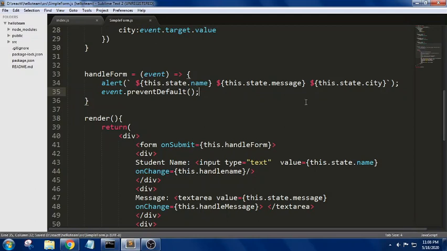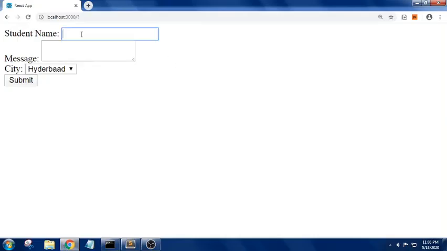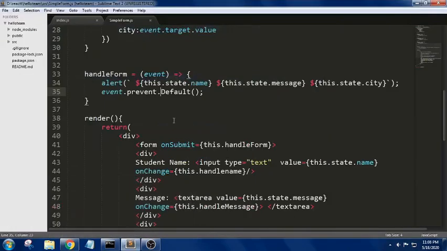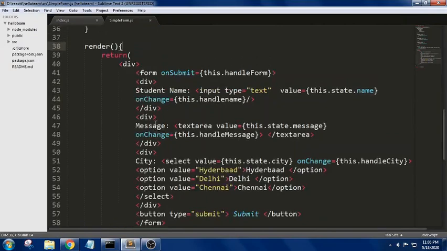Now I'm trying to write Johnny, hi. Now can you see? Yes. So we have used event dot prevent default, that is to prevent the page refresh and the filled data being lost. So this is how we have done with a basic simple form.